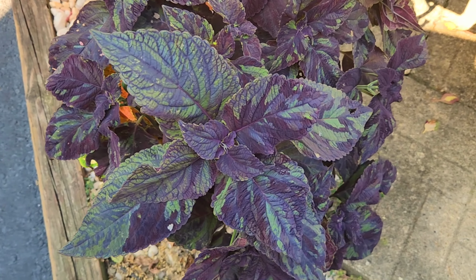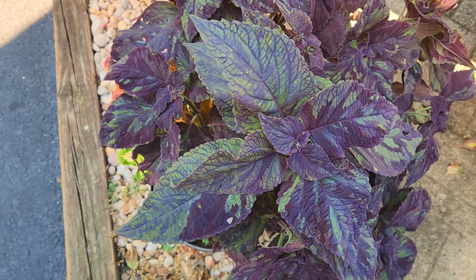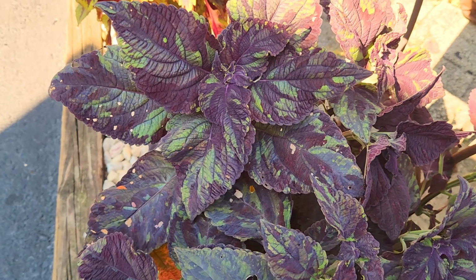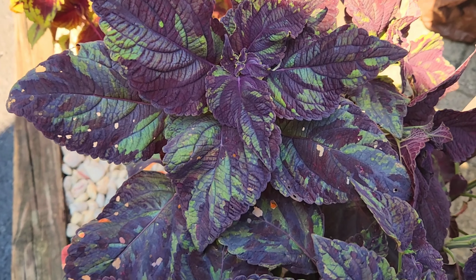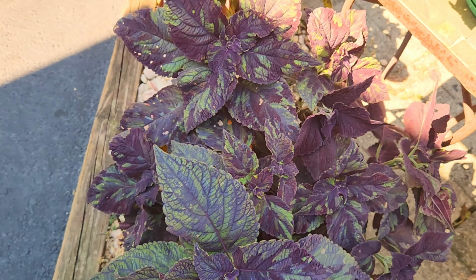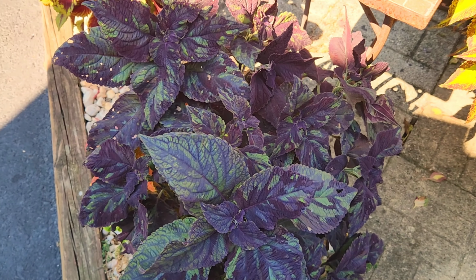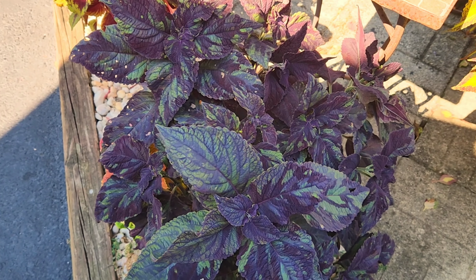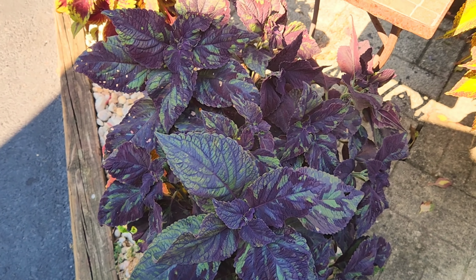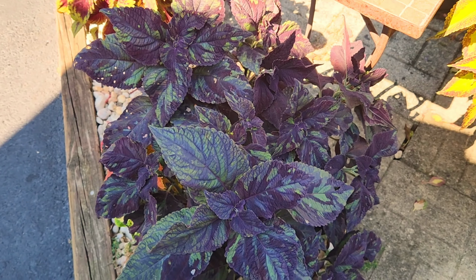And here's a mosaic. It's sort of like a Kong mosaic. I grew a whole bunch of these, and some of them came out with sort of like a dark purple, and I call it like an army green, just a handful. This one's real healthy. So you'll get, not in every order, I have mosaics, and I also have the Christmas candies, which are similar. So again, I have up to 9 varieties, and I rotate the orders. But like I said, if there's anything specific you really want, just let me know. But this is a mosaic,